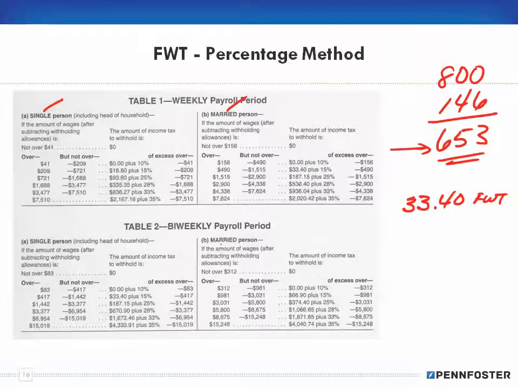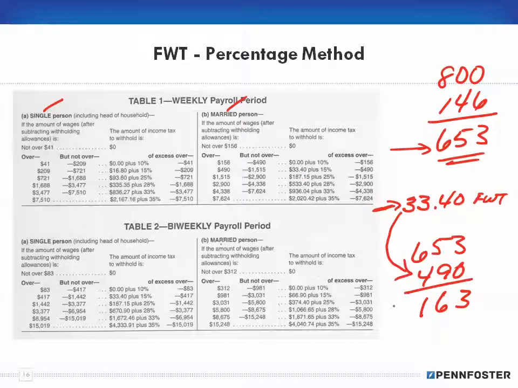So what you're doing here is looking at my new adjusted wage of 653, and then going down to see where it falls within that range. If it's over 490, I'm going to subtract the 490, because the tax I'm going to pay on the 490 is this 33.40 right here. But I have an excess over the 490 of 163. It says it's 15% of that excess over the 490. So I have to take 15% of the 163,